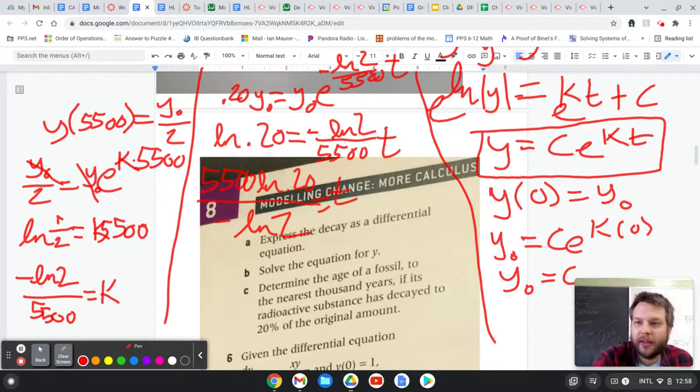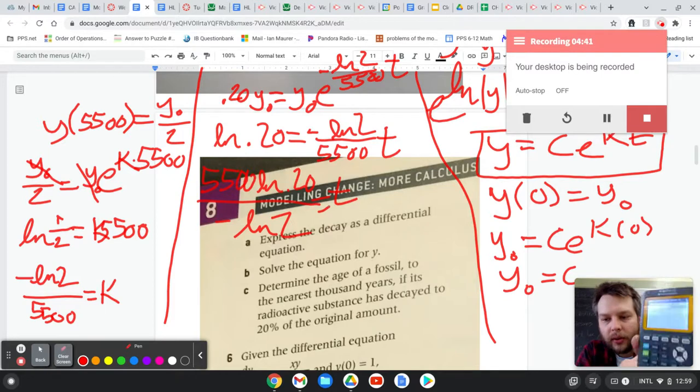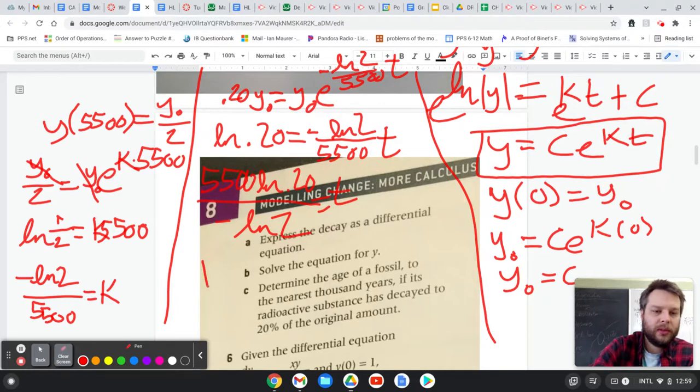I'm going to pause and grab a calculator because I can't do that in my head. Okay, so 5,500 natural log of 0.20 divided by negative natural log of 2. That looks good to me, I believe. Hit enter. Here we go. So we get 12,770, and they asked me to round it to the nearest 1,000 years, so I guess that's 13,000. Make that into a 3. Okay, so 13,000